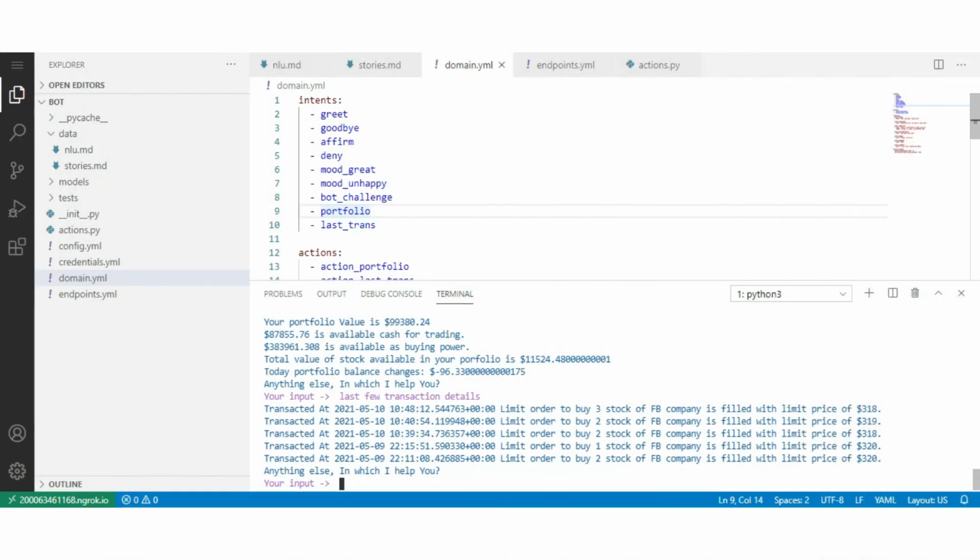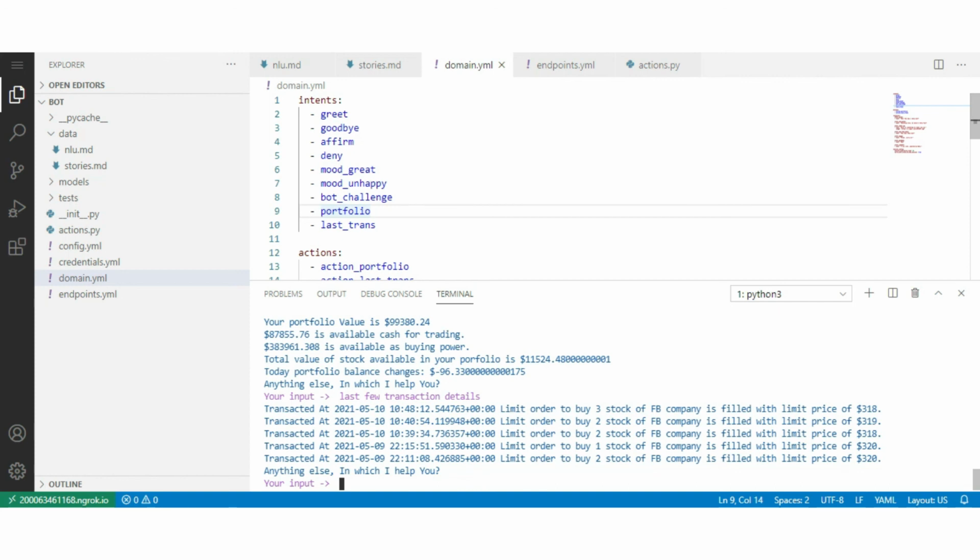You can also regulate the details about the last few transactions you want to give back to the user. You may give further information like order ID details, filled quantity of stock, stop price, order expiry time, etc. I strongly recommend checking the Alpaca documentation for more details. It is very well written.